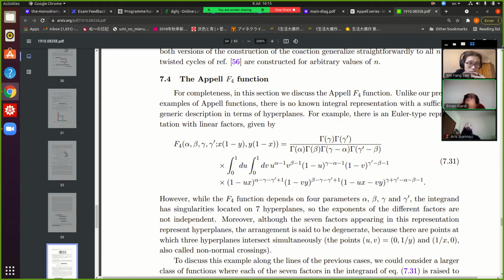So the variables that appear in the integral representation are not the invariants, but something that you need to square to find a solution of a quadratic equation in order to get them. So they have square roots